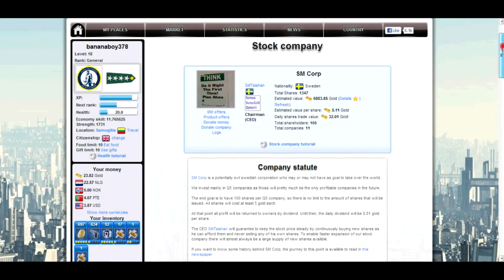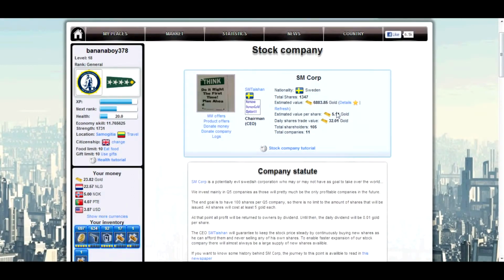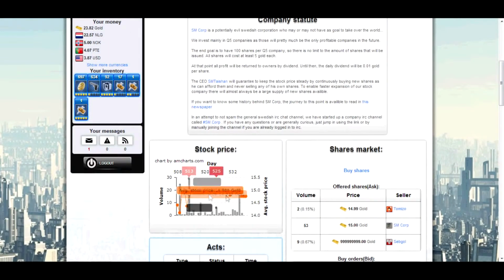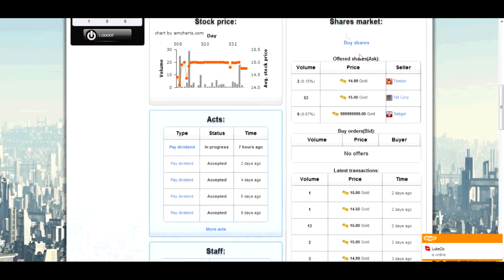So here you can see the value per share. Now, I don't really take this into account, as to be honest, it's literally just the value of a company divided by the number of shares it has. I take more into account this graph here. As you can see, the average stock price on the right. I normally go along with this. It's the little dots. This is always the way that I deal with shares, personally. You can go the other way out, but it's not really a good